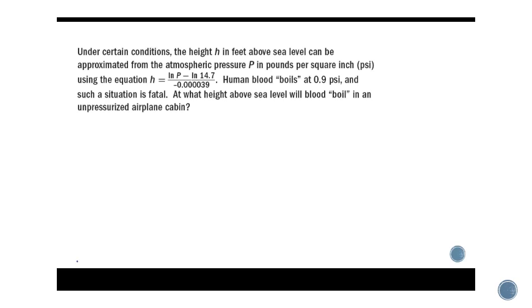So we want to know at what height above sea level our blood would boil in an unpressurized air cabin. So that's why when you fly in an airplane, they have to pressurize the cabin so that this effect doesn't happen. So we know that we have 0.9 psi. So psi is the letter P, so all we're going to do is plug in for P. So we're going to say h is equal to the natural log of 0.9 minus the natural log of 14.7, all divided by negative